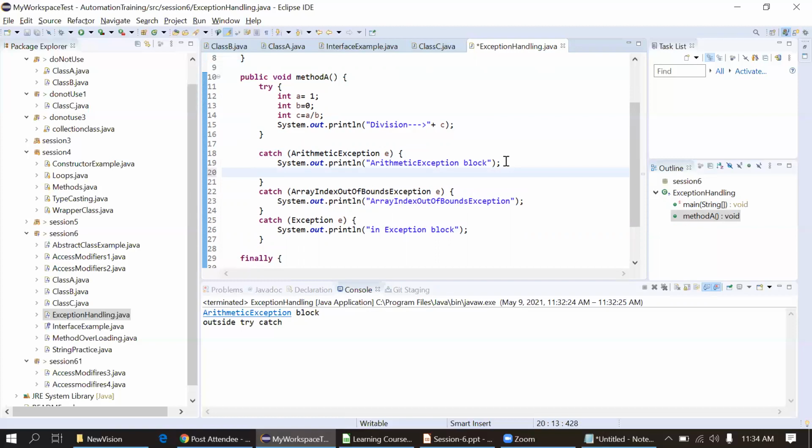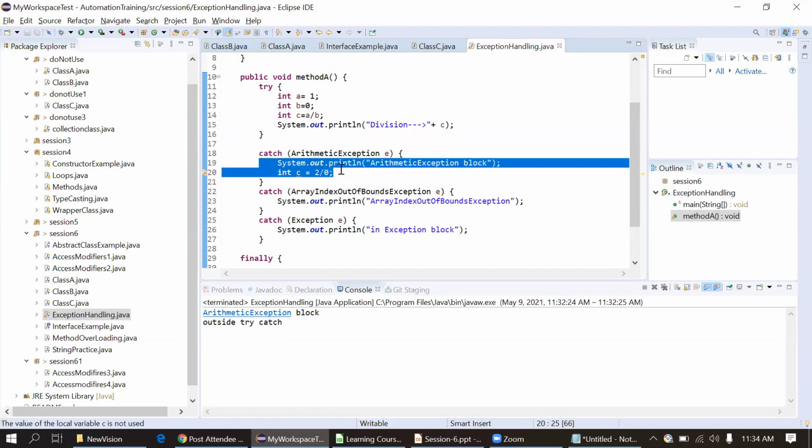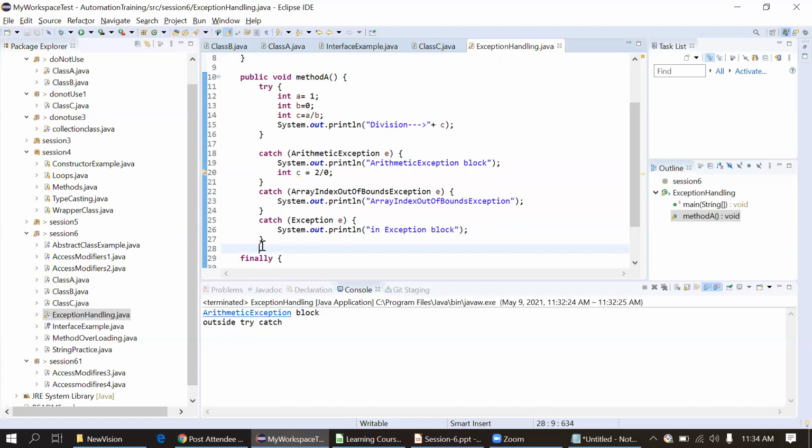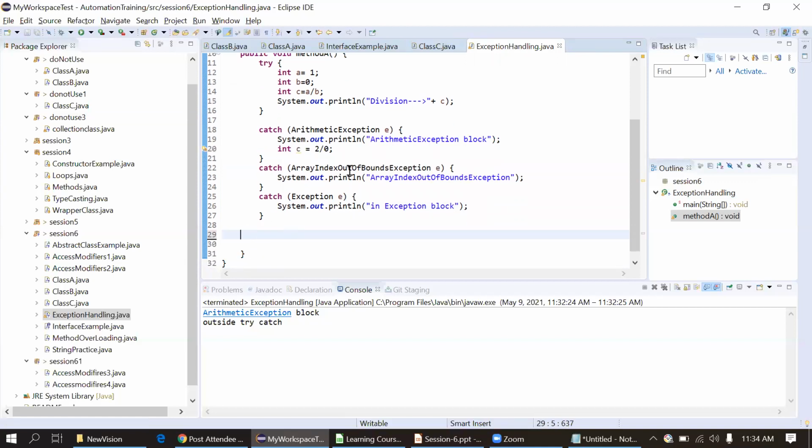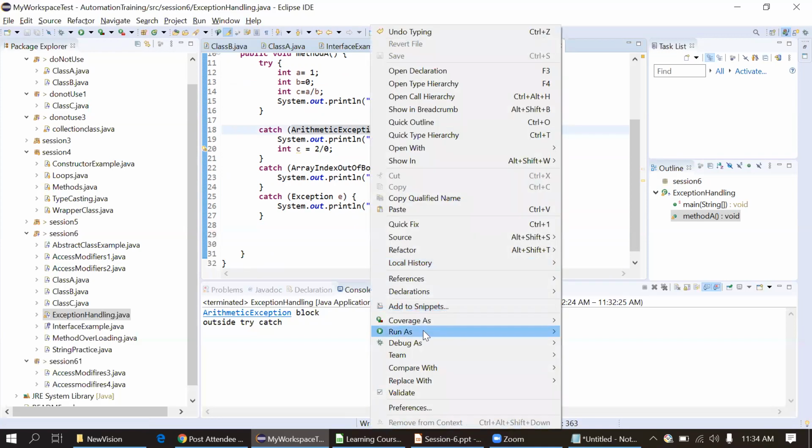So I will just put int c = 2 / 0. Suppose this action I have performed. So this also throws the exception, right? It will just terminate the program. That's it. I will comment the finally for now. We'll write it again and we'll see the output for this program now.